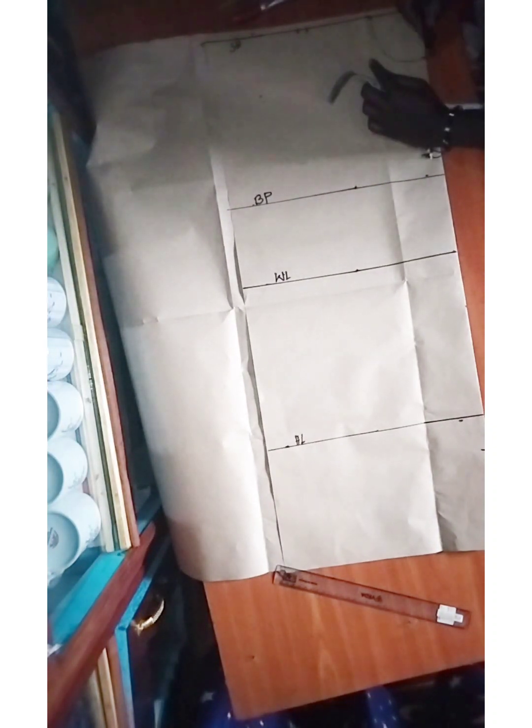The next thing I'm doing here, I'm just placing my shoulder measurement divided by 2. Then I'm adding half an inch seam allowance. I'll be showing you why I added this half an inch later. Then I'm just marking my neck width, which is 3 inches, and neck depth, which is 3 inches also. That's just me joining it together with a pencil before going in with a marker, just to make everything visible